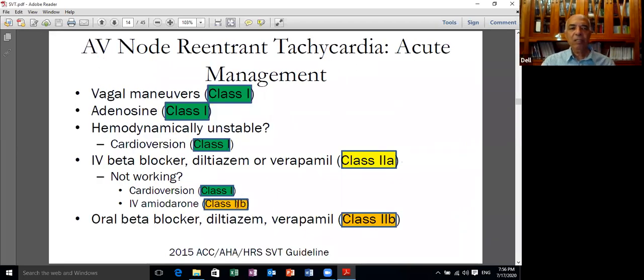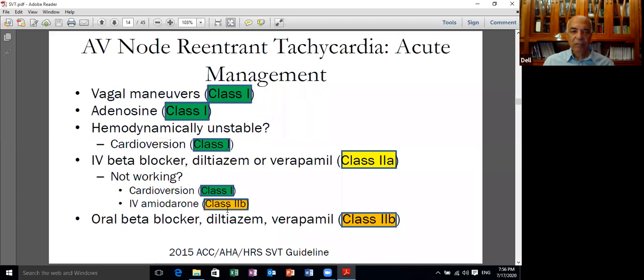Now, in the acute management of these patients, for vagal maneuvers, the best is straining for 10 seconds. The European guidelines recommend carotid sinus massage, provided that the patient is supine, and there is no murmur or evidence of recent stroke or transient ischemic attack. And they add one peculiar thing: you should elevate the legs of the patient to increase the venous return and guard against the occurrence of hypotension. If the vagal maneuver doesn't work, the drug choice, still a class 1 indication, is adenosine in the way we described. If the patient is hemodynamically unstable, cardioversion.